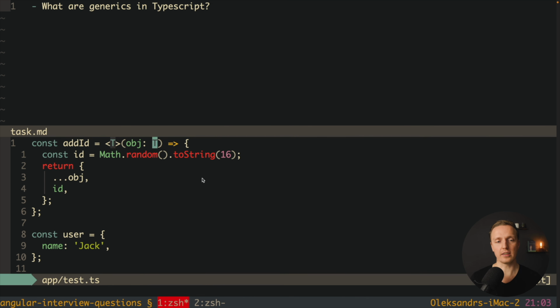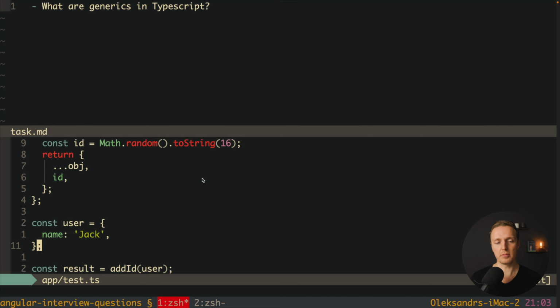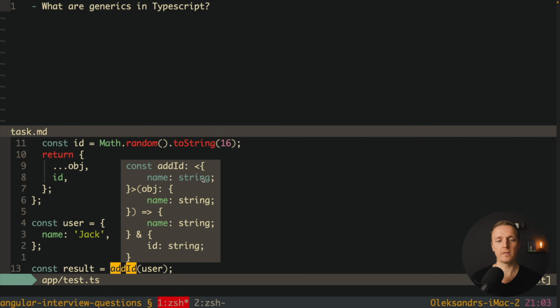And actually here on the top, we know that this T that we're providing here is our generic T that we provided inside the function, which actually means TypeScript understands the data type for this object. And as you can see here, we're providing inside our addId function as a T, this object with name string.